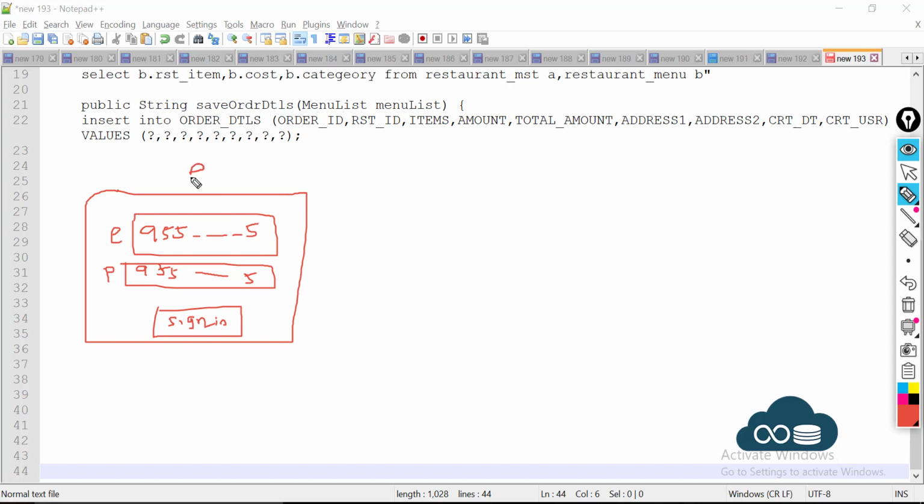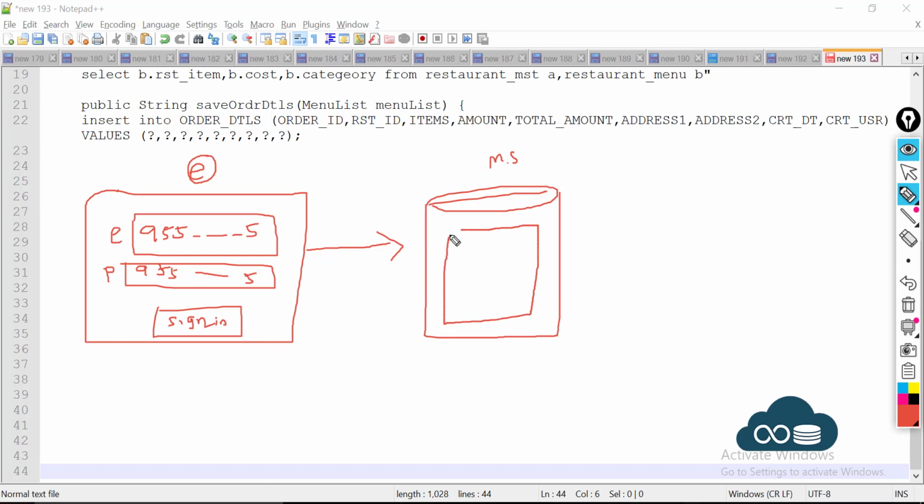When you do this from the internet, the request is forwarded to your middleware server. Middleware server is where your code is.